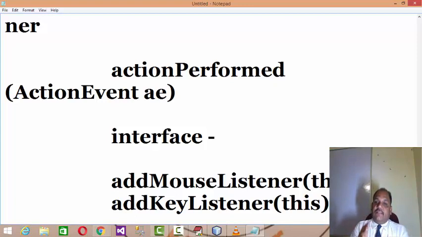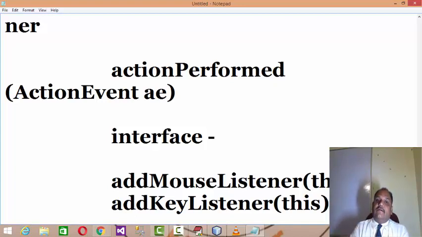The listener will listen to the event fired on that application, because the event is going to fire on the application. So on that applet you have to add the listener.